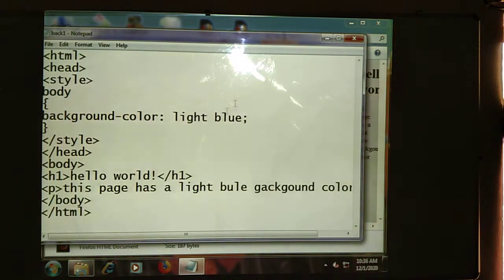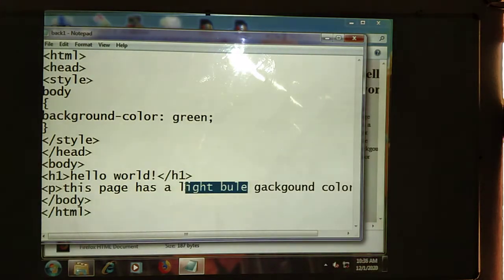Background color. First, in the HTML opening tag and HTML closing tag, in between here we are going to be writing some code. Head opening tag, style we are going to be opening, then we are going to be writing the CSS property. In the CSS property, first selector name, body we have given. In that we are going to be giving the property name. What is the property name? Background color. By using background color, here we are going to be setting the color. Which color? Green color we have given. Next, background color will be green we have given.